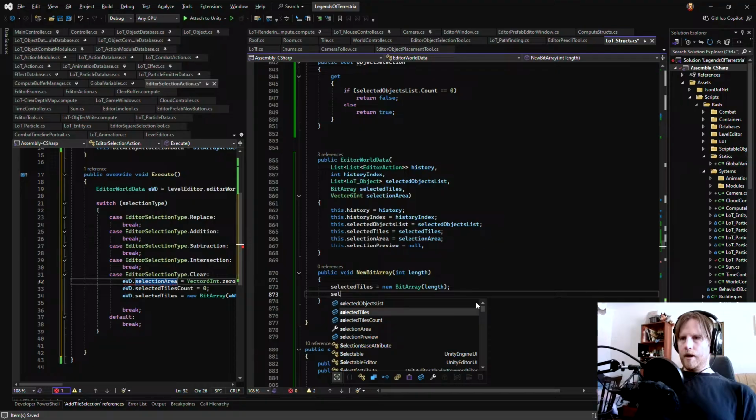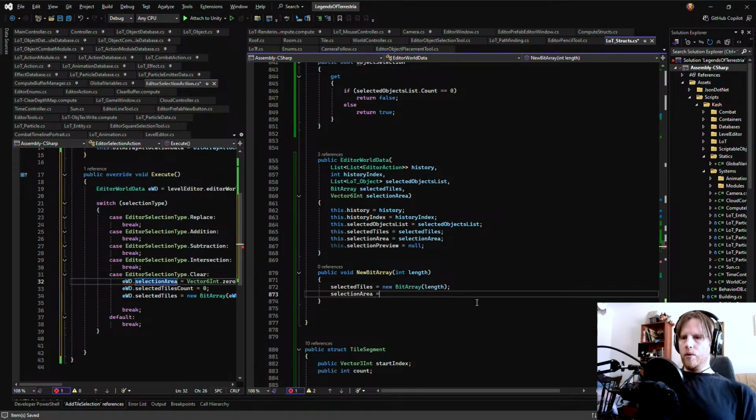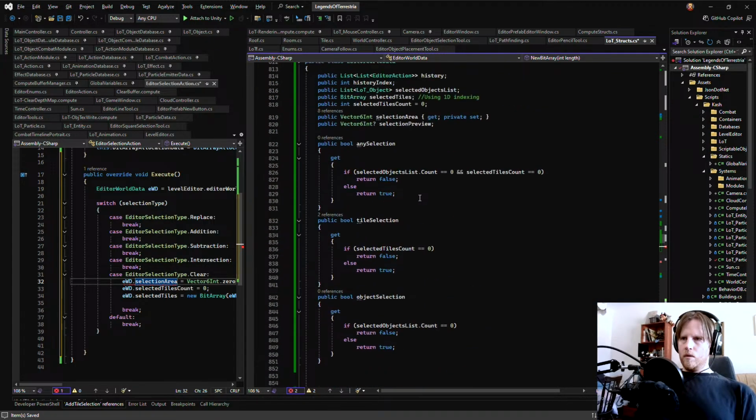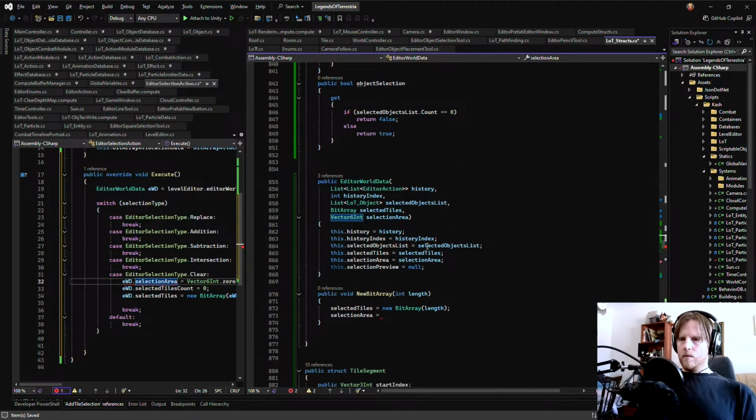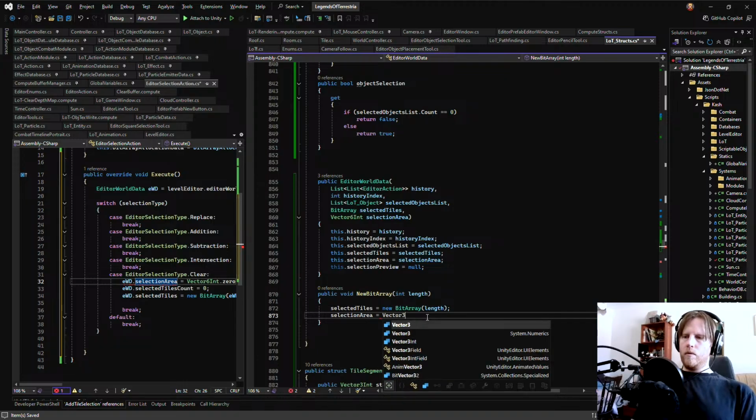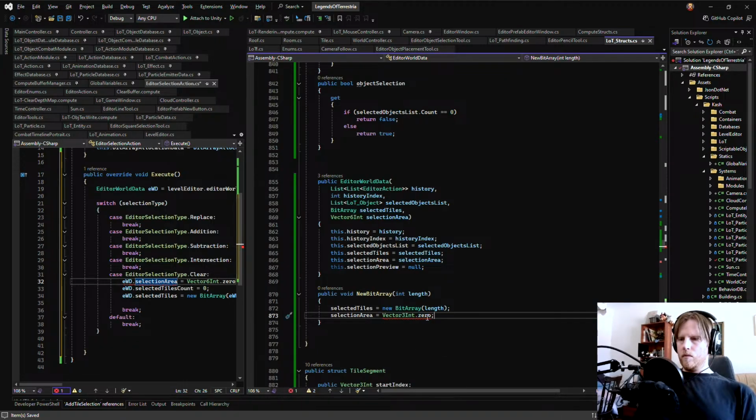And then selection area equals vector 3 int.0. No, vector 6 int. No. I mean, that doesn't...